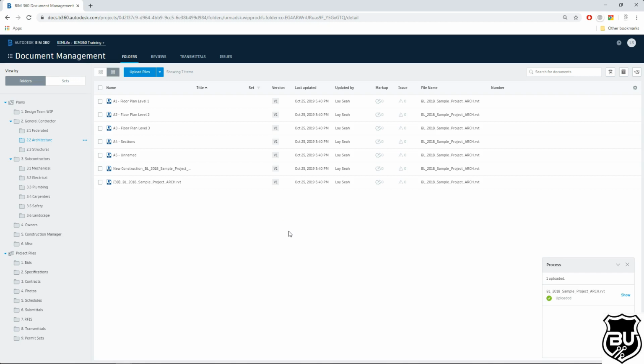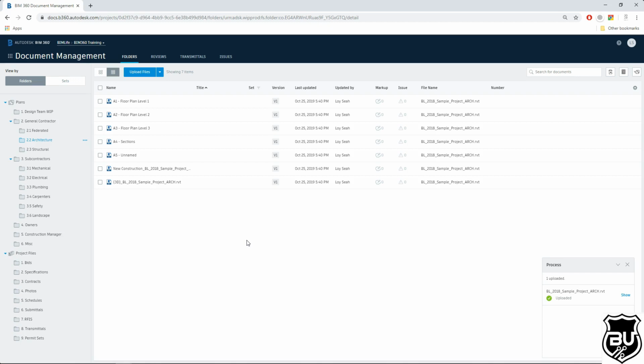In the previous session, we learned about creating folders as well as adding contents into the folder. We learned about the different behavior if you add a Revit file into the plans and the Revit file into the project files. I also mentioned that we're going to learn how to navigate our 3D BIM model in the